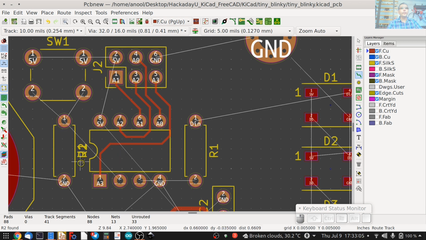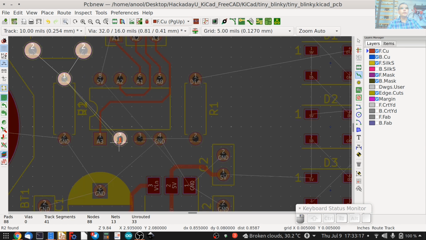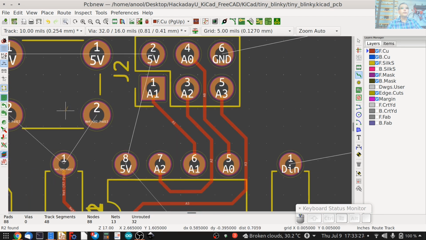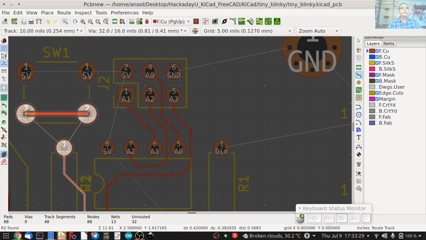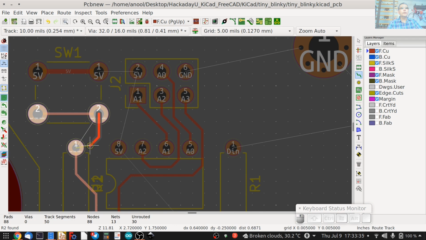We can then look at the input, which is this one over here. Pin number 2 is going to the resistor. So I can do this like so, connect it here. Then can connect these two together, connect these two together, and this one.